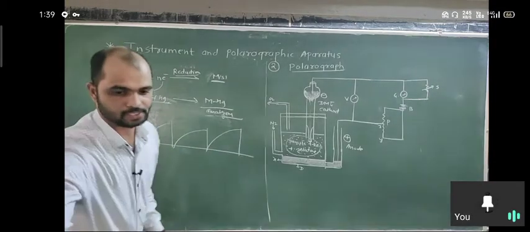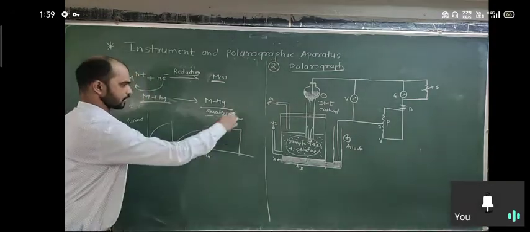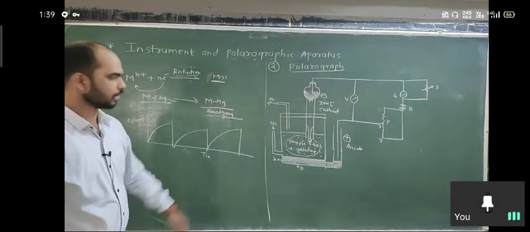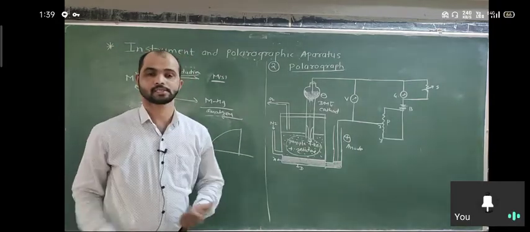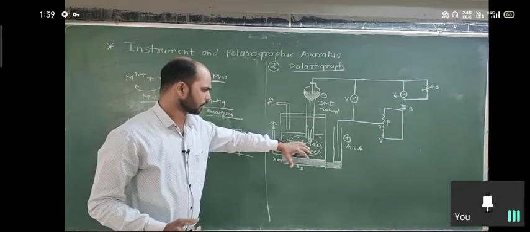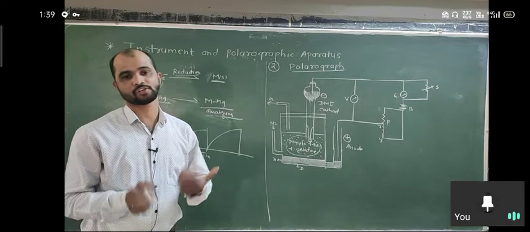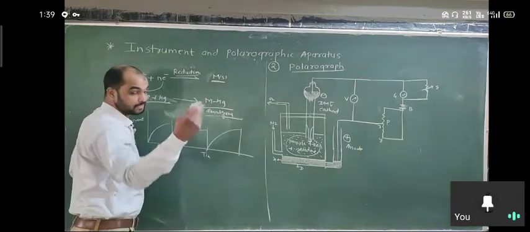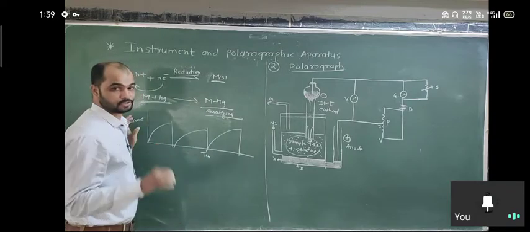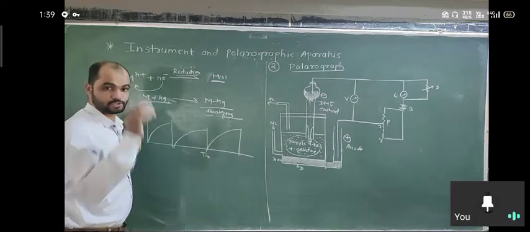Okay, so here is the current and here is the time. This type of deflection is possible because at every moment a different current is passed through the sample. At the beginning a different current is required, and at the end a different current is required. So we get different types of polarographs. We will discuss later how a polarograph looks and how we measure the parameters using the graph.